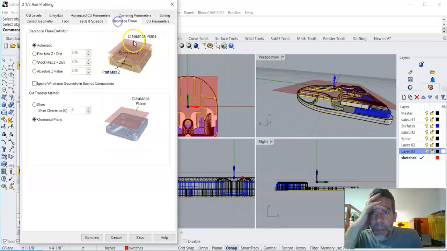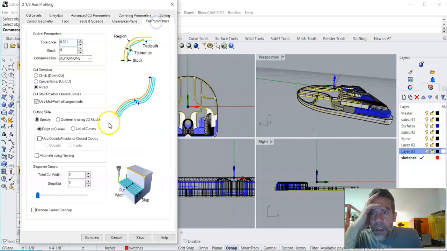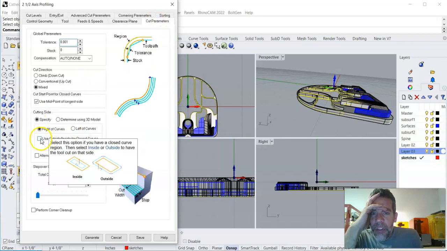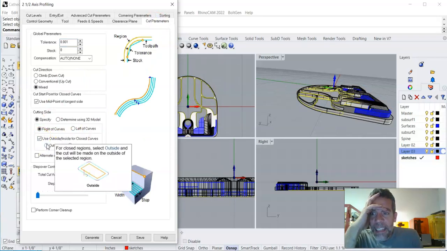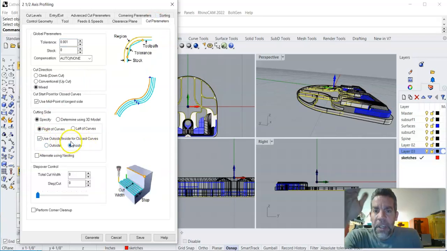Okay. All right. Clearance painting, you're not going to mess with. Cut parameters, I am going to choose here. I'm going to click this and say inside. If you don't do this, it would cut on the outside of your window. It would destroy your design since you've got these thin areas between. So we want to say inside on that, so it's going to cut inside the curve. And then we're going to say